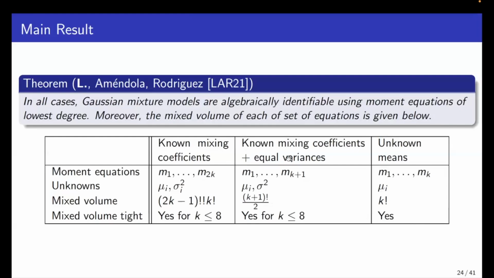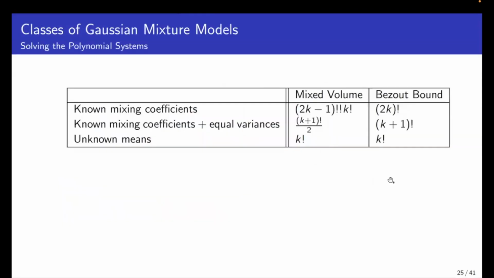We then get analogous results for the other 2 cases, as well as giving a mixed volume upper bound on the number of solutions. Just a note, in the final case, we can actually show that this mixed volume bound is tight, even though in the other 2 cases, it's just a conjecture. So there are 2 results here. One is this algebraic identifiability for these special cases, and the other is these mixed volume results, namely an upper bound on the number of solutions. This mixed volume is what I would say is the meat of the result. It's maybe the most